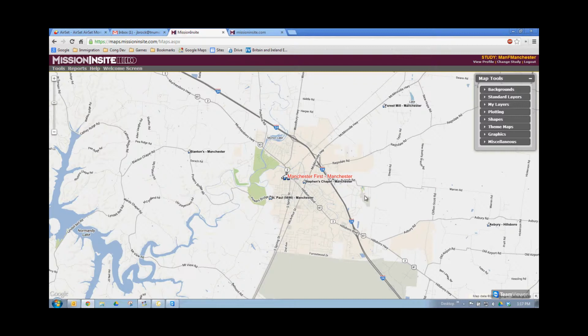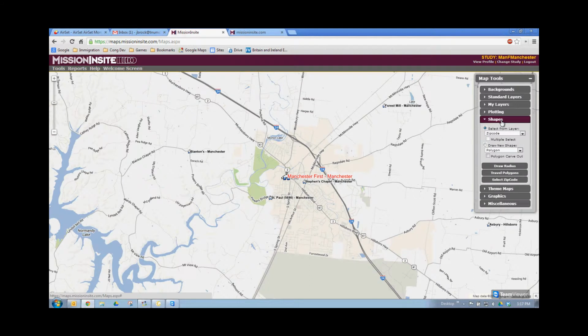So we want to take a look at the community of Manchester around the church, to look at the mission field, and to look at the implications of who the people are that live here and how we can best, in Jesus' name, reach out to them and be in ministry with them. The easiest way to do that is to draw a circle. I'm going to go up here in our tools and click shapes,